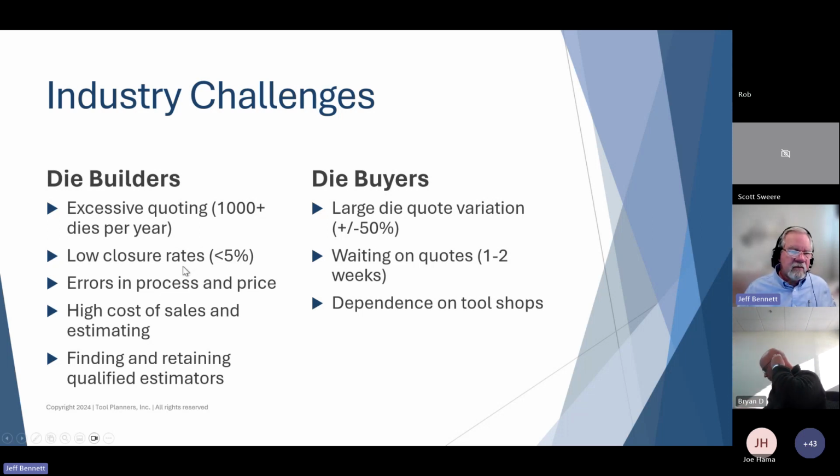And part of the reason there's so much quoting is that there are typically very low closure rates. The jobs that are won from quotes are typically less than 5%. We see as low as 1%. We see as high as 20%. The 20% typically is a captive